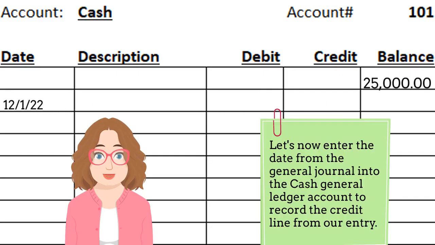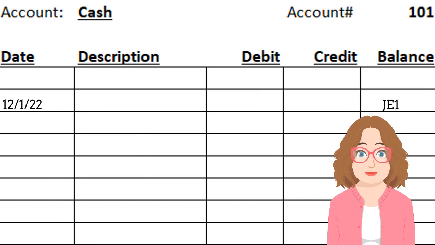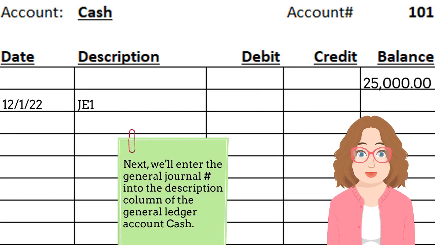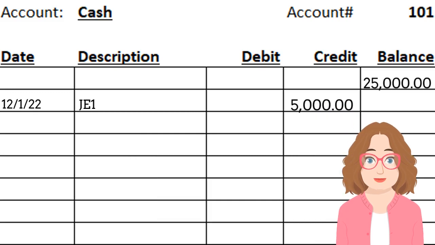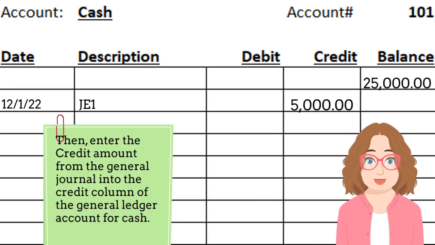Let's now enter the date from the general journal into the cash general ledger account to record the credit line from our general journal entry. Next, we'll enter the general journal number into the description column of the general ledger account cash. Then, enter the credit amount from the general journal into the credit column of the general ledger account for cash.